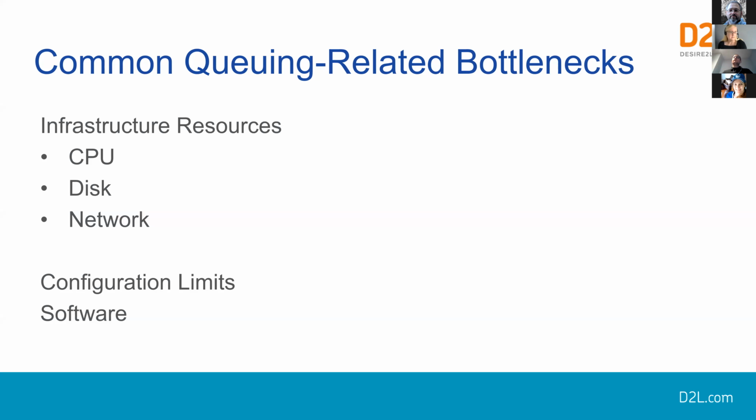Infrastructure resources is the first place we generally target when we start an investigation, and as well the first place we typically target when looking for a solution to a bottleneck. Some common infrastructure places where you can encounter bottlenecks are the CPU, the disk, the network. For CPU, for example, a queue maintains a list of requests waiting to be processed and processes them according to the CPU's scheduling algorithm. Note that in this case, as with following cases, the bottleneck is the processor, not the queue.